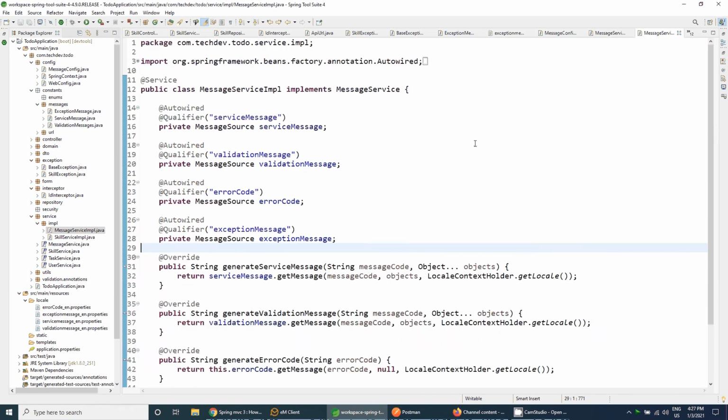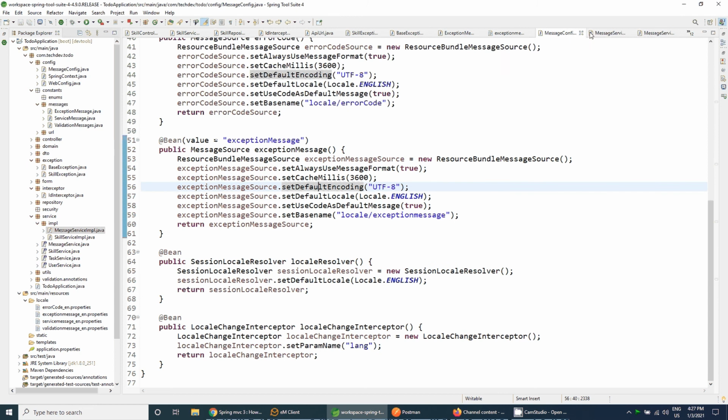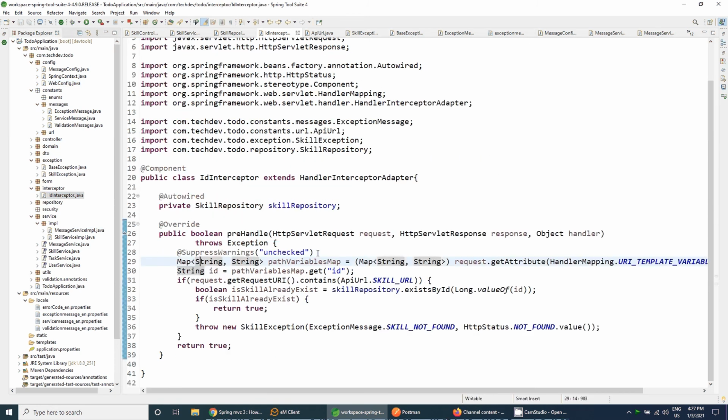So this configuration is also completed. Message configuration is also completed, and inside this interceptor we have used that skill not found.